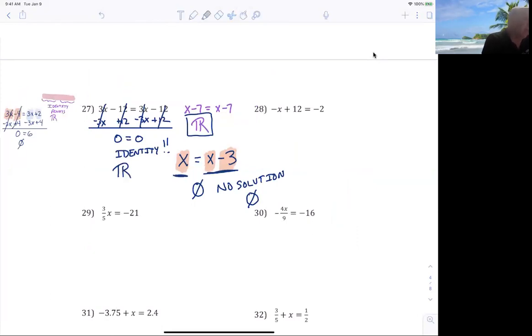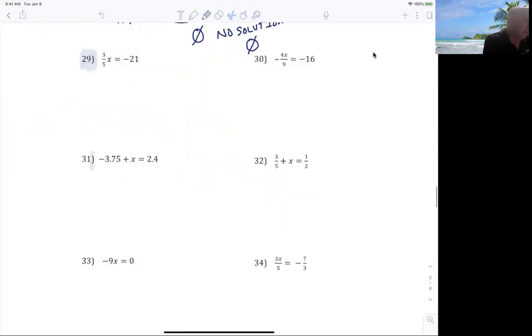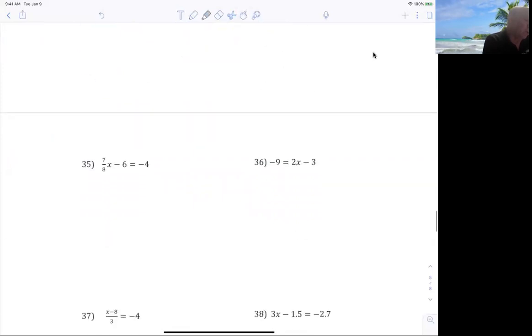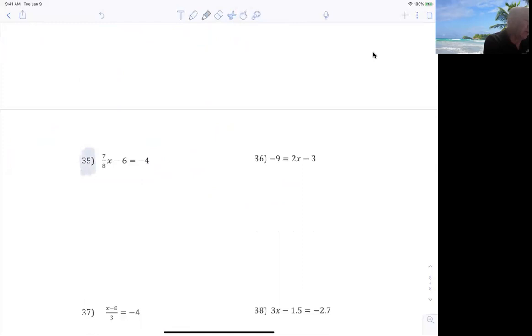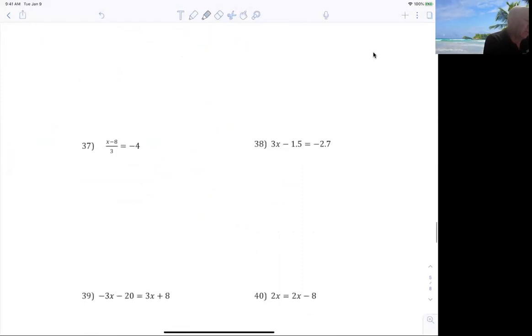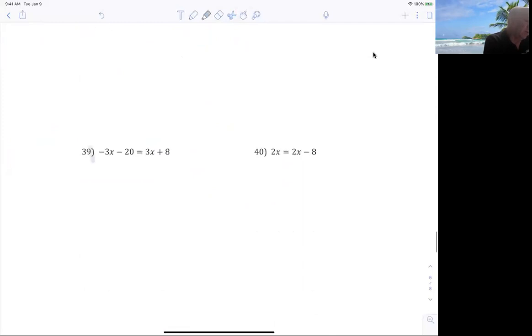And then we will meet back again on the next time we meet, and we're going to do the evens. So let's look. You're responsible for 29. You're responsible for 31. You're responsible for 33. You're responsible for 35. You're responsible for 37. You're responsible for 39,